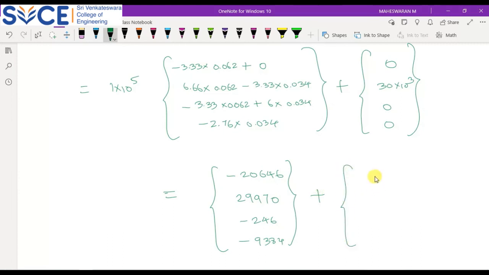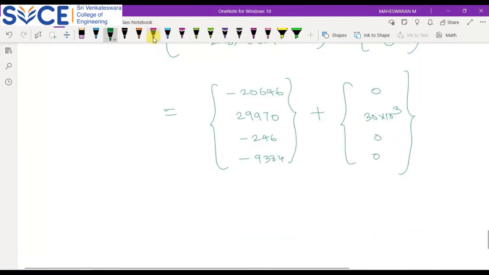Along with this, I have to add this 0, 30 into 10 power 3, 0, 0. When you do that, I'll get my reaction force R, which is equal to minus 2646, and it will be approximately 0,